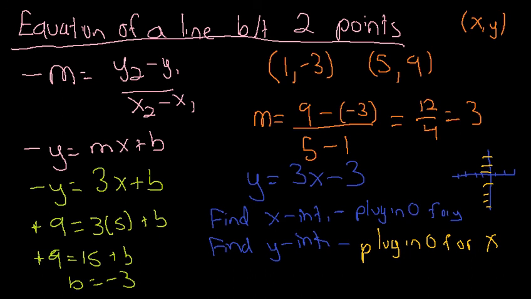And this is how you find the equation of a line between 2 points, and then also how you can find useful things like the x-intercept and the y-intercept of that line, and the slope of the line. Another useful thing is when it's in y equals mx plus b form, the y-intercept is the b variable,